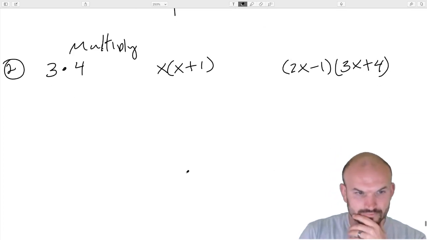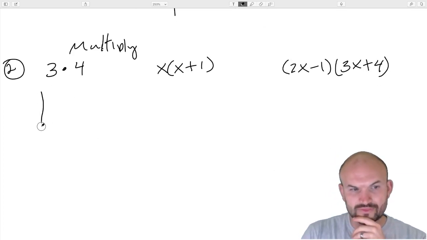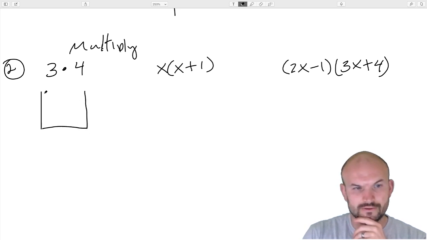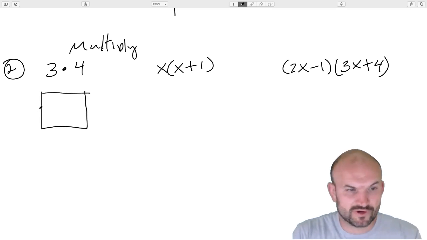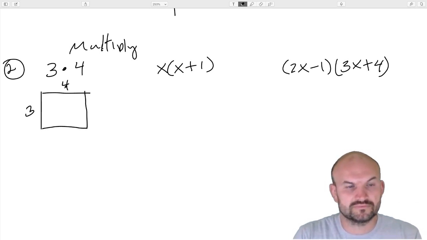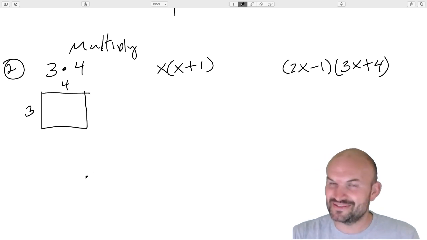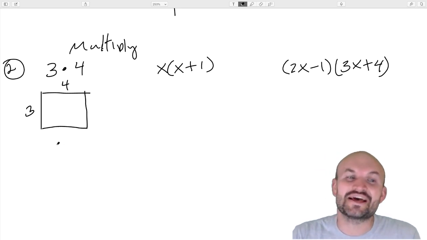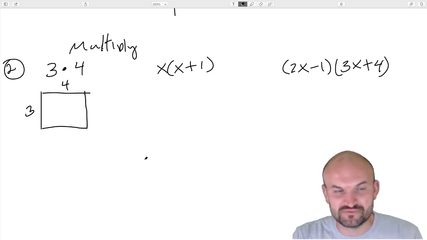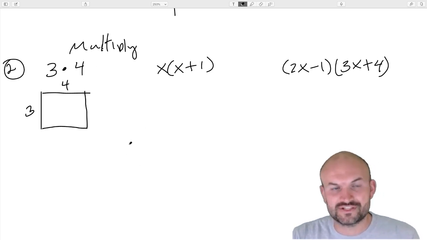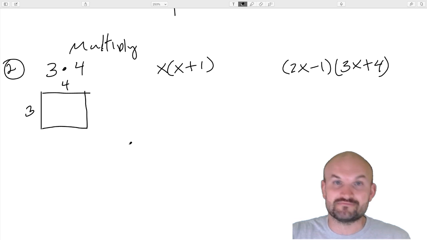So if I was going to multiply 3 by 4, I'm just going to do a little bit of elementary here. If I was going to multiply 3 by 4, a lot of times we just do 3 times 4, and we know the answer is 9, right? Or I'm sorry, no, we don't know the answer is 9. We know the answer is 12. 3 times 4 is going to be 12. All right. Now, some of us just have those multiplication tables memorized.